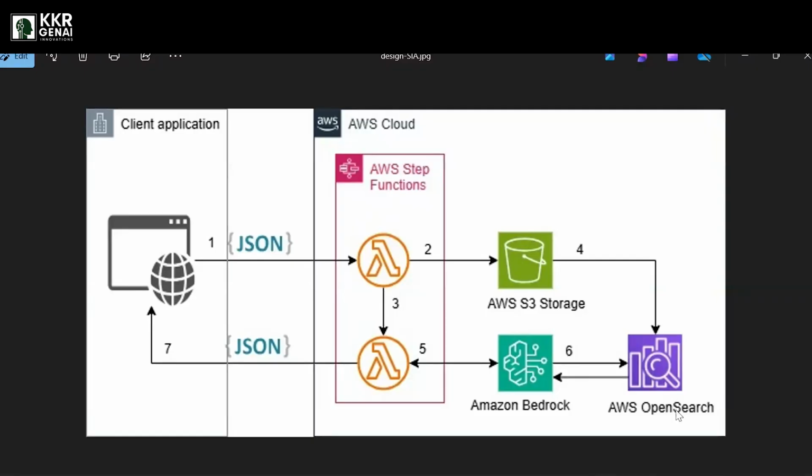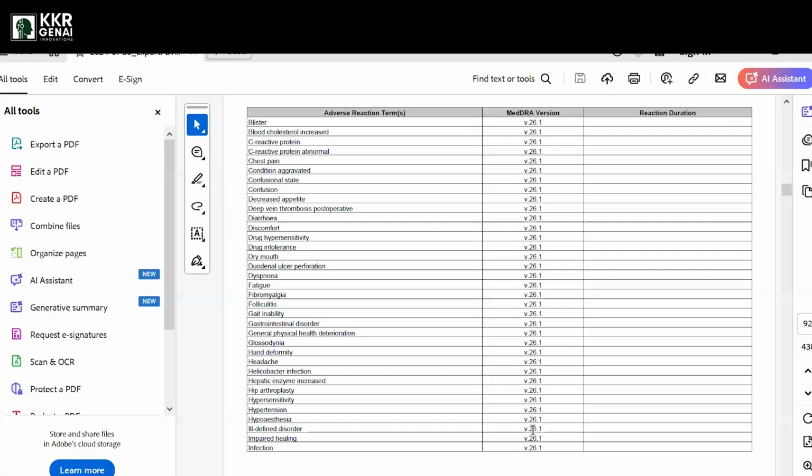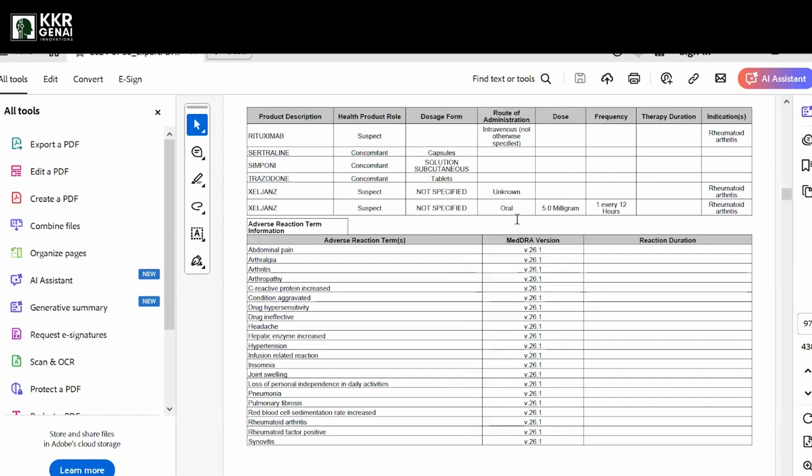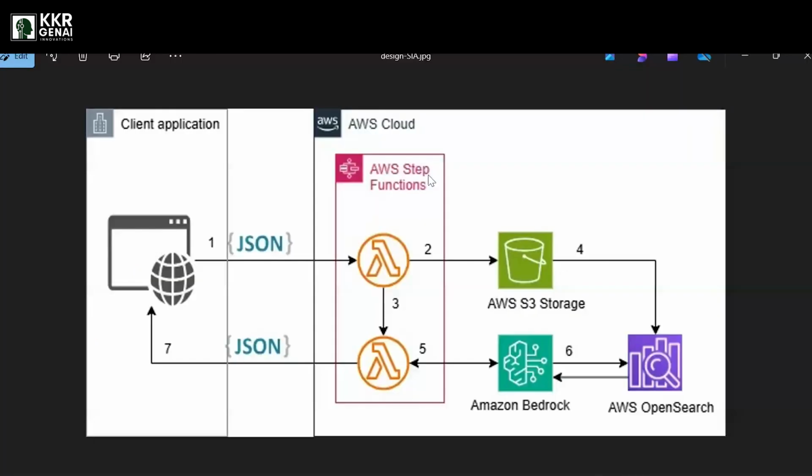In Amazon Web Services, we have an OpenSearch vector database. It will try to find out which numbers are similar, which information and words are similar, that are present in my vector database, and it will retrieve and provide the final information. Because, as I told you, considering this image, once I upload this particular image, what will happen?